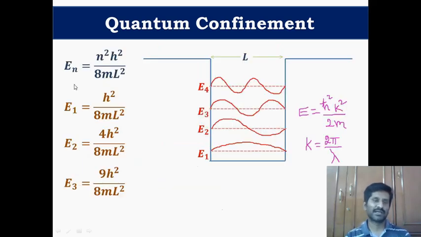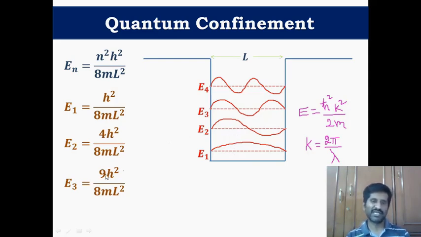For the lowermost energy level, I am substituting n is equal to 1, so that E1 becomes h square by 8m L square. This is the energy level corresponding to n is equal to 1. Then if you substitute n is equal to 2, you will get the next energy level. So the space between the first and second excited states, this one minus this one, is 3h square divided by 8m L square. So within this gap you don't have any energy level. This one and this one are discrete energies, there is no continuous distribution of energy.